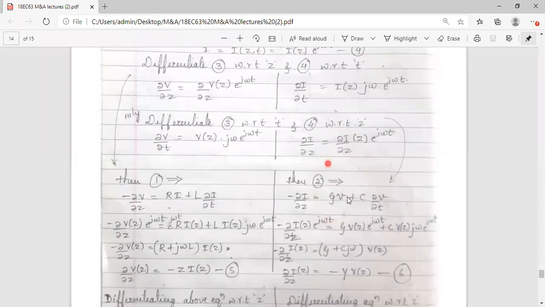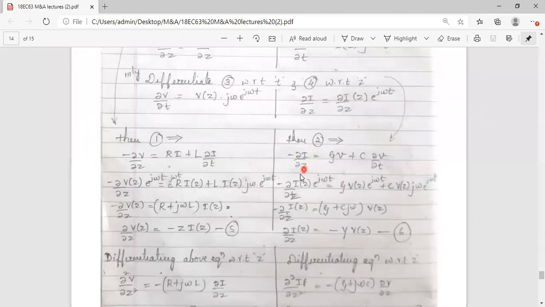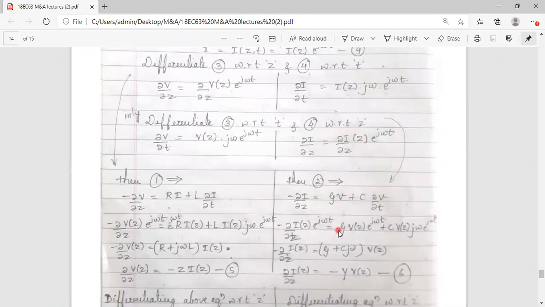So let me take that: minus ∂I/∂z is equal to GV plus C into this. What is ∂I/∂z? Yes, it's here. I had differentiated equation 4 with respect to z. That value substituted here is equal to G into V, which is V(z) e^(jωt), phasor form,